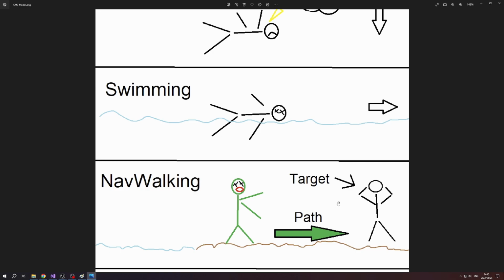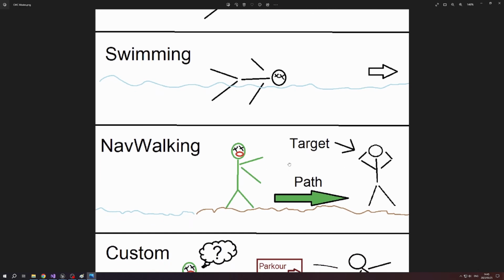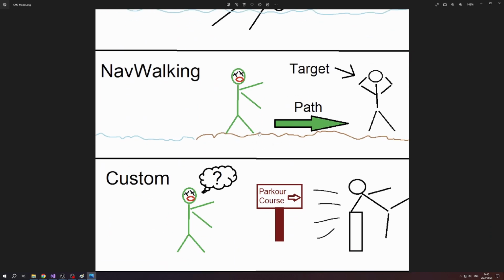Nav walking does that. Like I said, though, it's niche. I haven't used it personally. And of course, we might then move along to custom. You can have as many custom modes as you want, and this is great. You can just set up anything, as you can see here, like a parkour course, for example. I suppose the parkour system is a completely different video entirely to talk about, but more important,